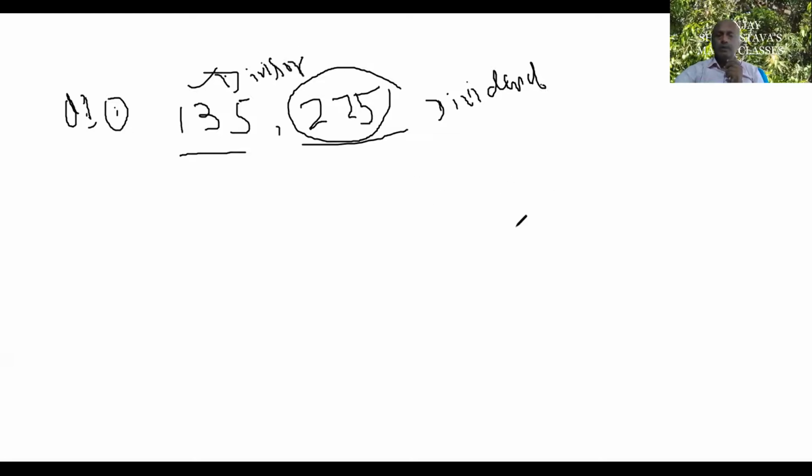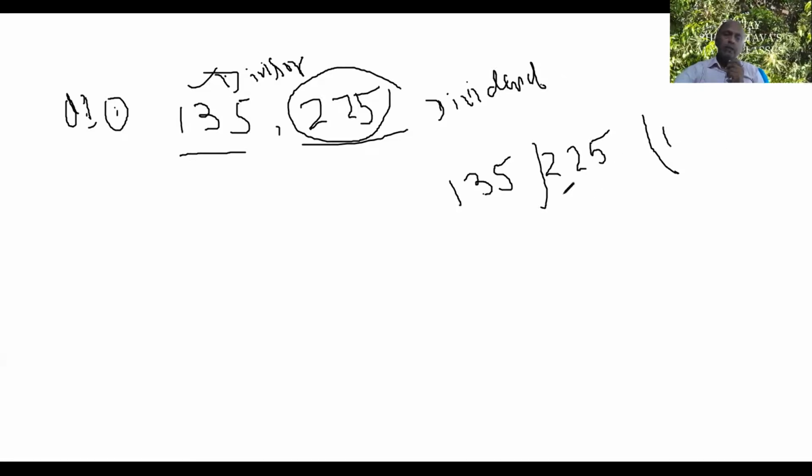Now you perform the division. Like beginners, you know how to divide very well. So first, take the bigger number as dividend and the smaller number as divisor. Try to find the remainder. If you get the remainder 0, then this number, that is the divisor, is called the HCF. If you do not get the remainder 0, continue.